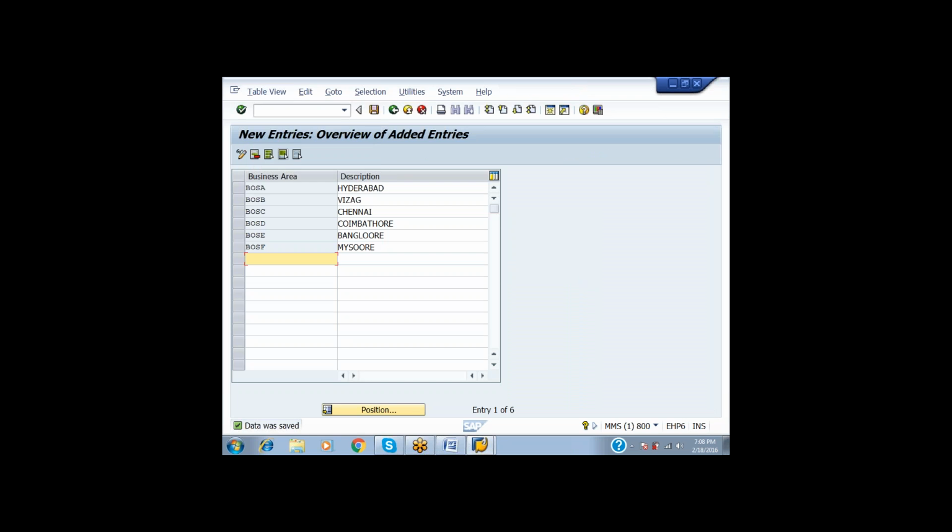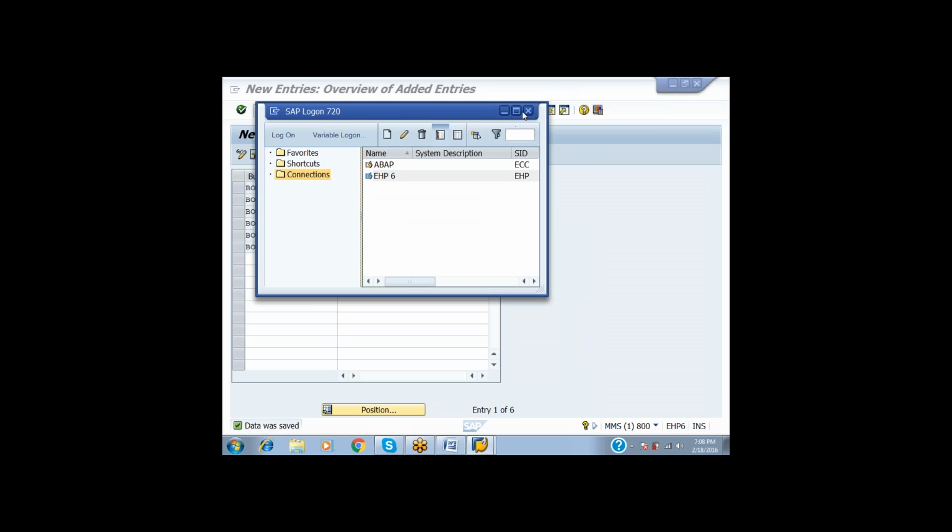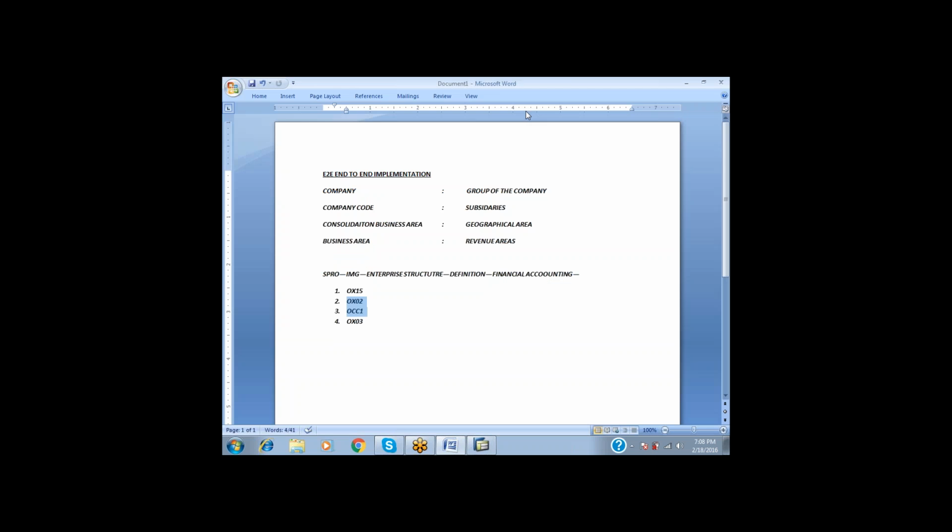And the second part, after this, is the plant. What do you mean by the plant? Plant is nothing but a manufacturing unit.